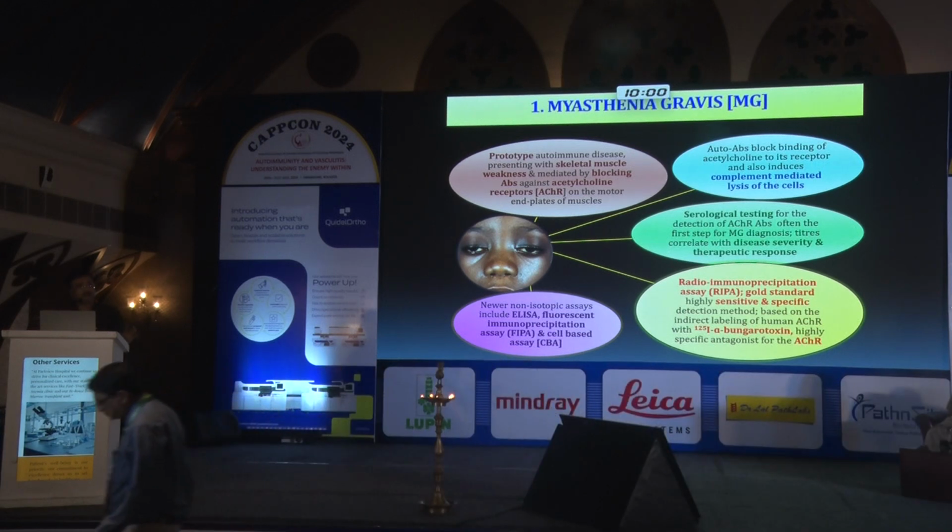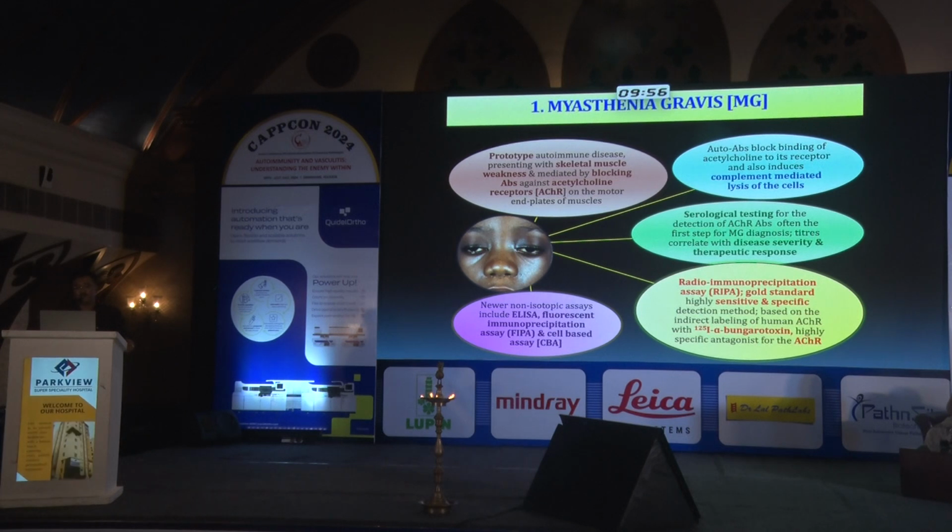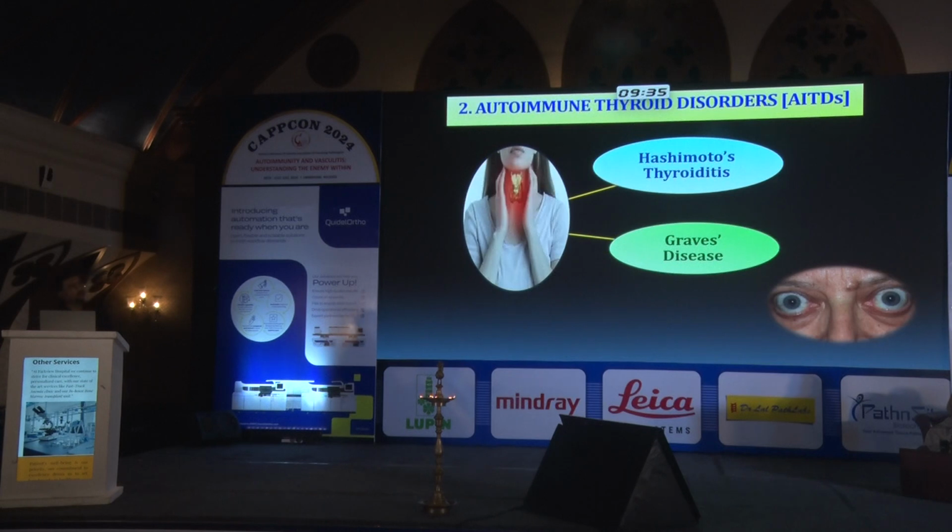The most common gold standard diagnosis of it is by RIPA. There is the radioimmunoprecipitation assay, which is the gold standard, which uses iodine-125 alpha-bungarotoxin, a conjugate which is used for its diagnosis. Nowadays we also use ELISA and FIPA, but more or less RIPA is the gold standard for the diagnosis of this receptor antibody. Now when I am talking about thyroid, there are two kinds of autoimmune diseases we encounter